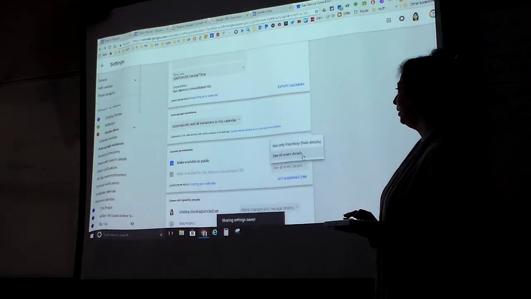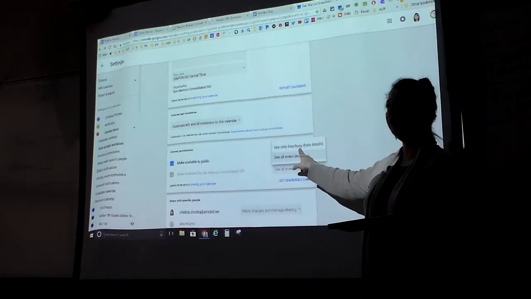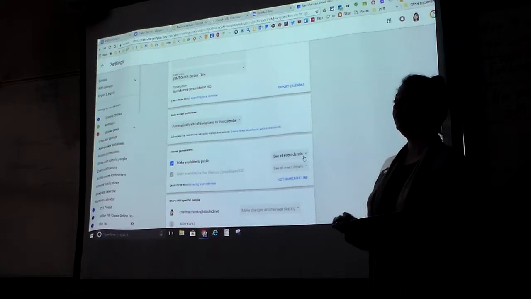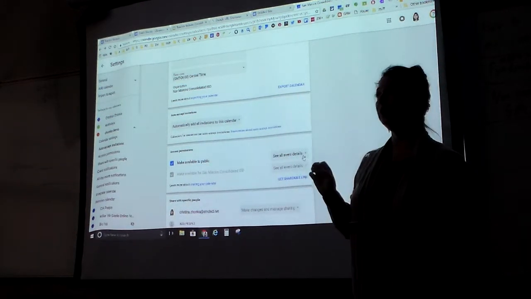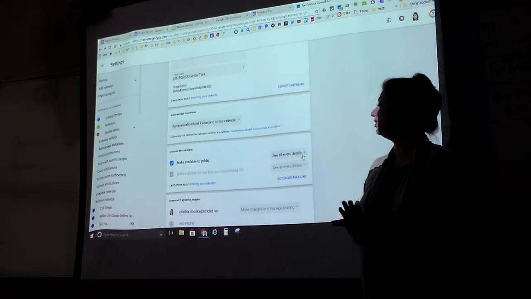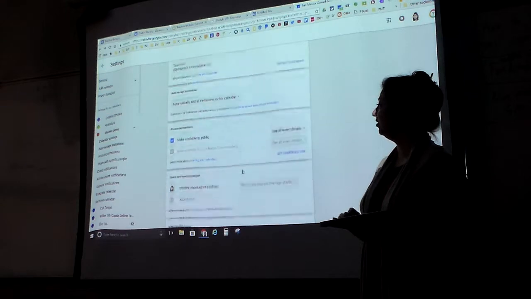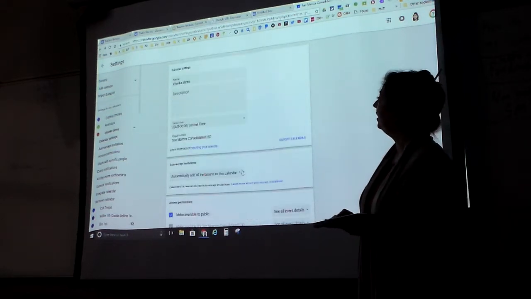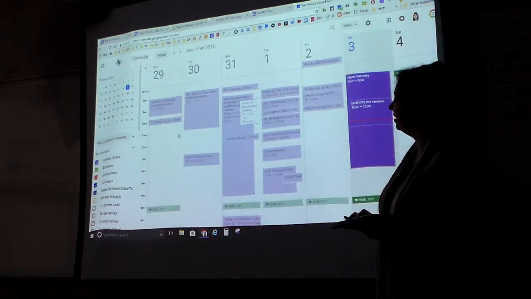And you do want the people to be able to see all event details. If all they see is free/busy, again, kind of worthless. Okay? They need to be able to see that you have a test on Friday or assignment 3 due on Wednesday. You don't want them to just see free/busy information. Okay? So once this calendar has been set to make available to the public,